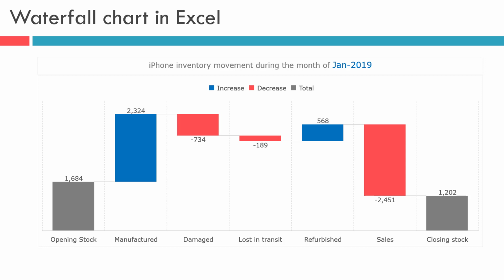A waterfall chart is also known as a flying bricks chart or Mario chart due to the apparent suspension of columns in mid-air. This chart is frequently used in the finance sector to exhibit how a value is arrived at by breaking down the aggregate effect of positive and negative contributions.